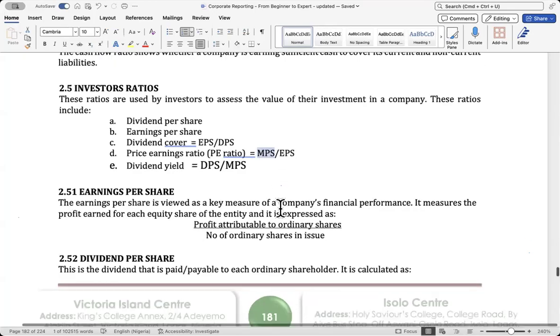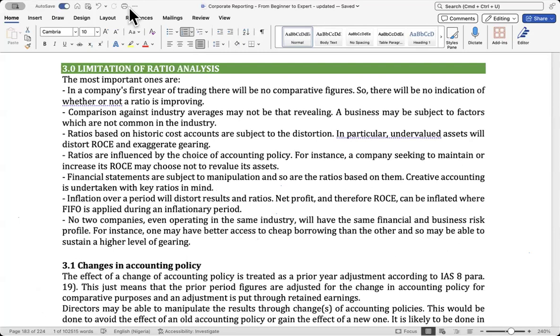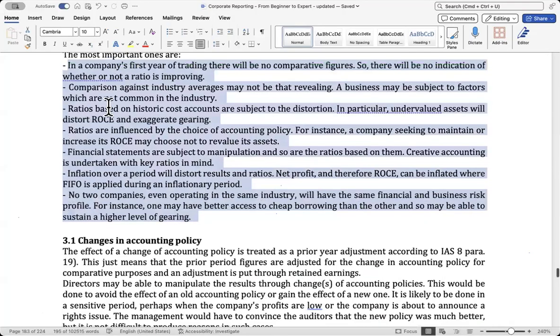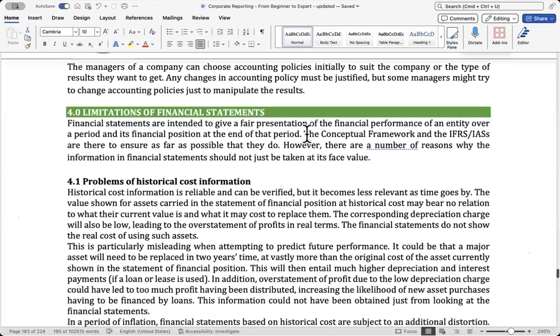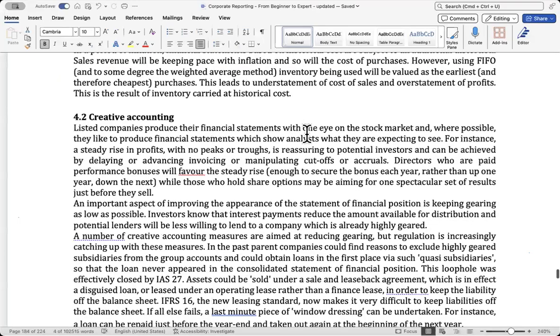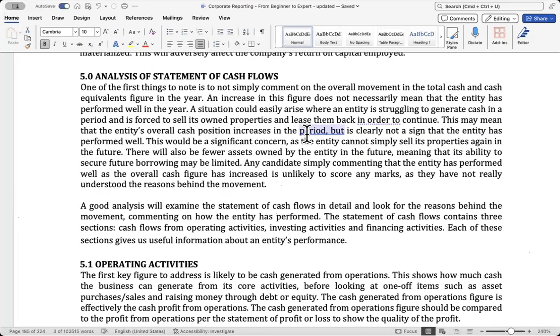Okay. Now, there are other areas that you would need to read up, like limitations of ratio analysis. All these ratios I'm talking about, they have limitations. I can ask you to mention 3 or 2 of them. And also, there are limitations of financial statements generally, talking about historical cost, seasonal trading, creative accounting, and all of that. Okay, so very quickly, let me talk about the statement of cash flows